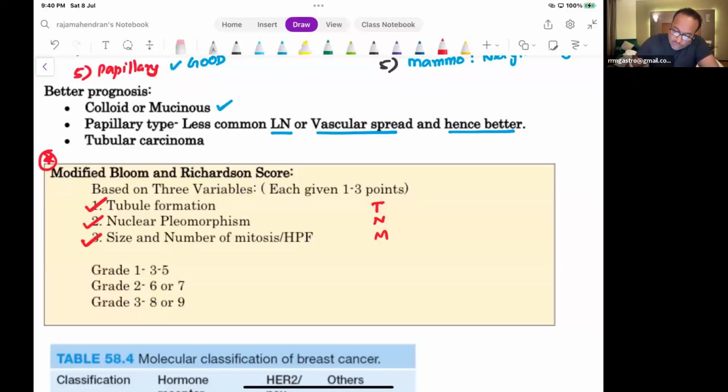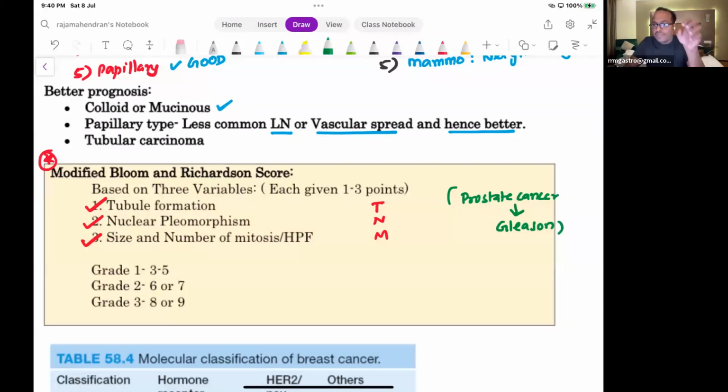Can you tell me the score for prostate cancer? Prostate cancer, what is the score? Yes, nobody is answering. Gleason score. Very good, Sneha, very good, Mohammed. It is Gleason score. Same way, for grading breast cancer,